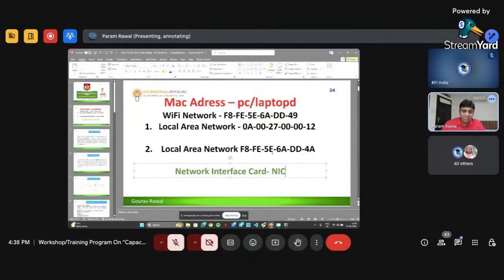And if I make my PC a personal hotspot, and three more mobiles are connected through my laptop, and from those mobile phones some crime is committed, my computer generates three different physical addresses for those mobile phones.